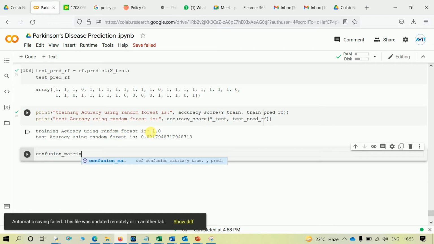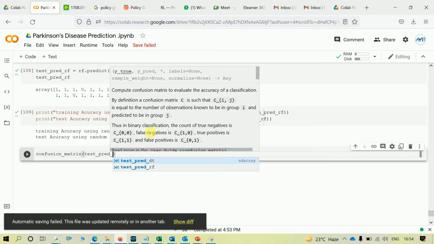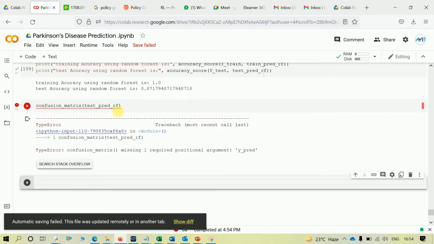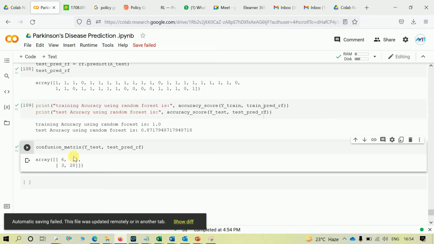It means the total number of true positives and true negatives will be equal to the total number of data in the training set. So here you can check that. I'm just checking this for the test data set. Sorry, for the test prediction, which we got 87%. Oh, I have to provide one more. So let me write in the same manner I was writing before. Okay, we got this confusion matrix where two are the values which are false positives and this is false negative.